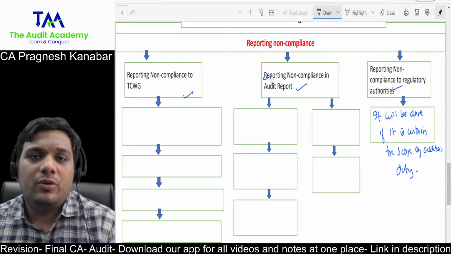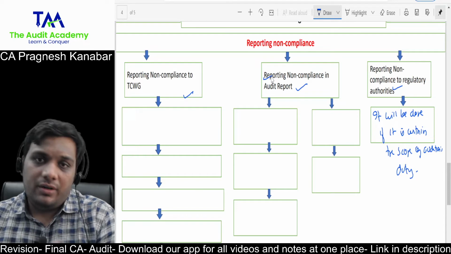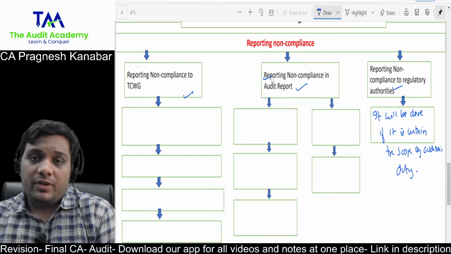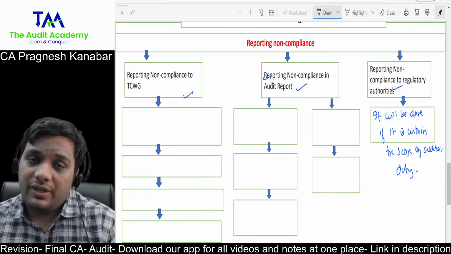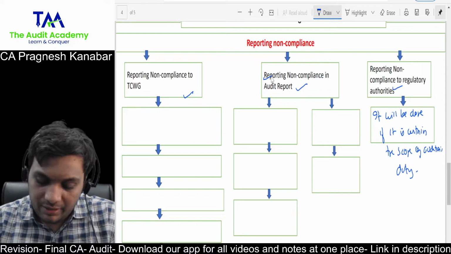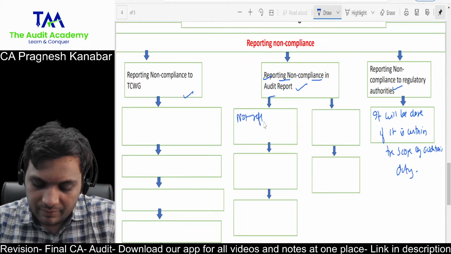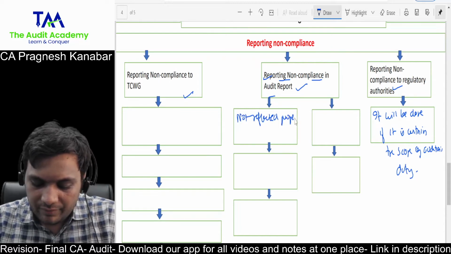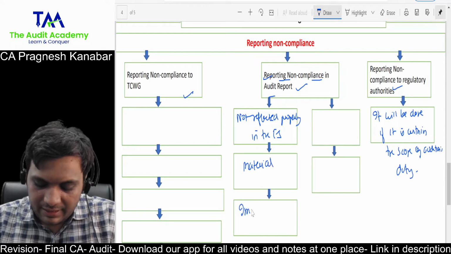Reporting non-compliance in audit reports: because of the non-compliance, whatever provision was required, penalty, entry or disclosure, whatever it is. Once you have identified the non-compliance, you will ask management to put up that entry or disclosure. If they don't do it, that means they are not rectifying some misstatements, and that can have an impact on opinion. So if non-compliance is not reflected properly in the financial statements, obviously if it is material, then in that case there will be an impact on